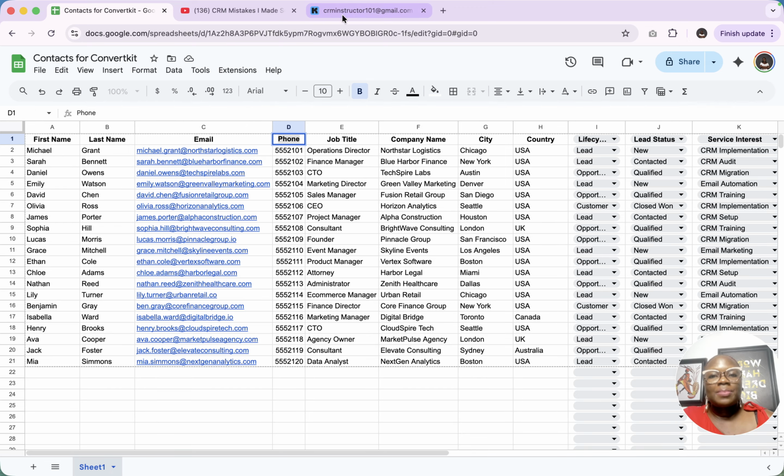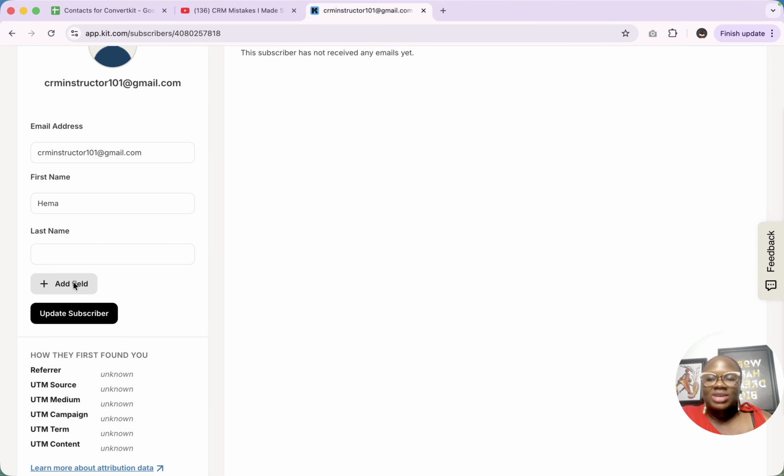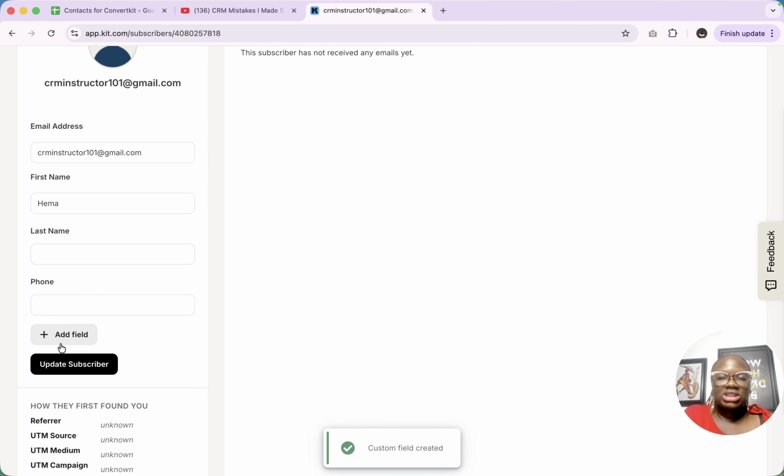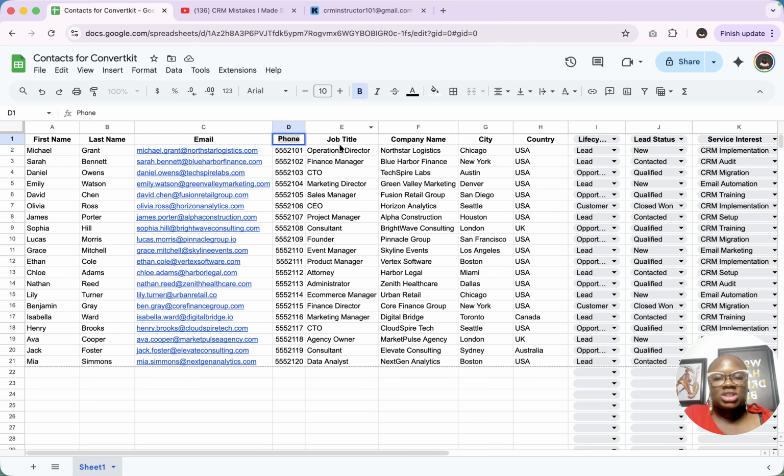But then we want the one for phone, where we want to see the phone number. So we are just going to copy this, and we're going to come back into ConvertKit, click on add field, paste the field over here, and click on save. And that is also going to save the phone field. When we come back into this